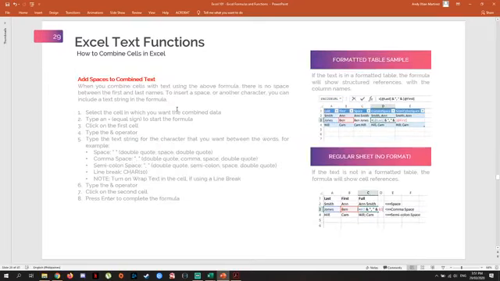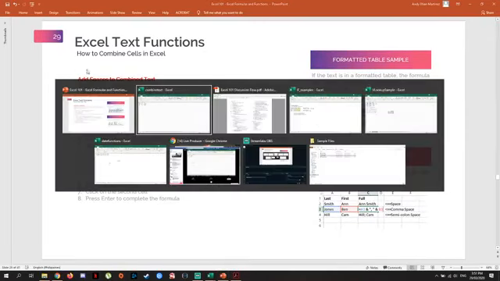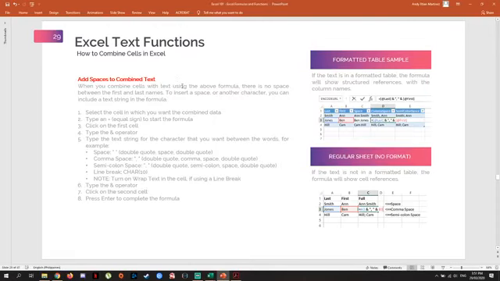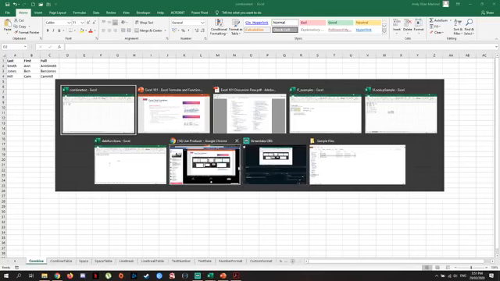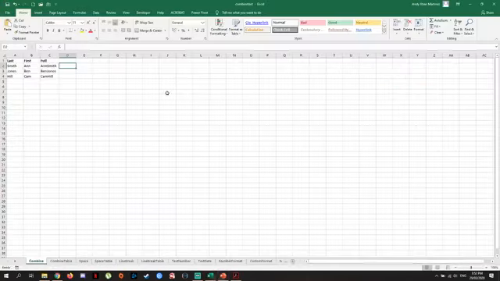Next, because when you combine two cells, it will automatically have it as, of course, combining, meaning joining it together. If you're gonna use it for cases like a first and last name, you can add a space between your last and first name. So when you automatically just combine it, that is the result, right? But if you'd like it to have a last name, comma, space, first name, then your formula would be that